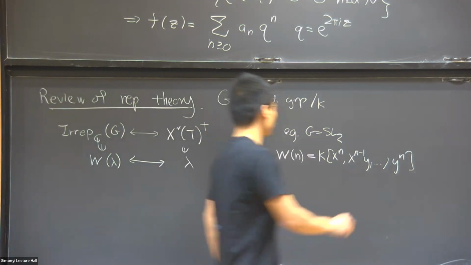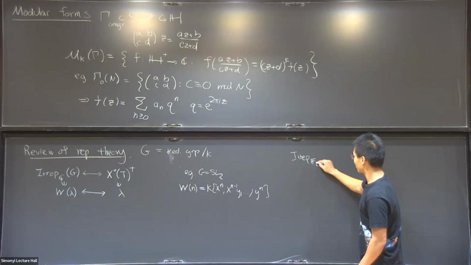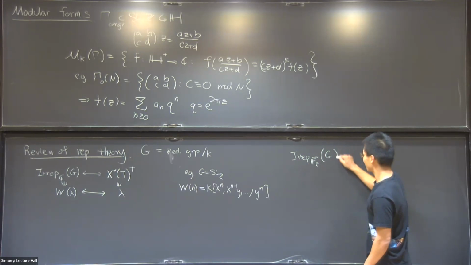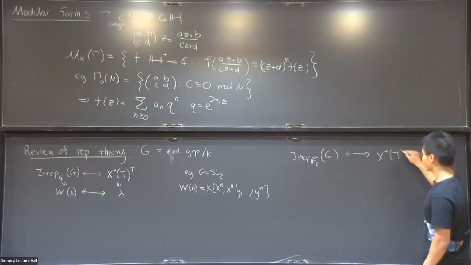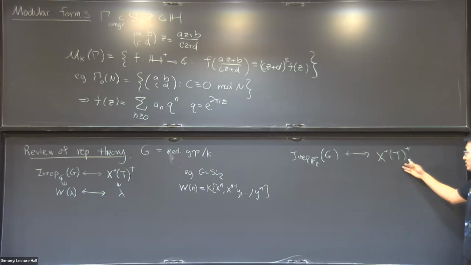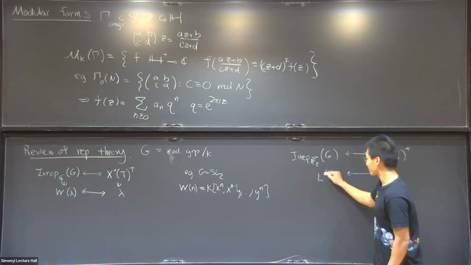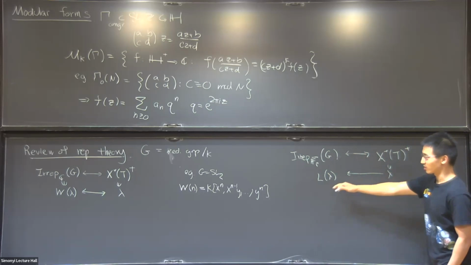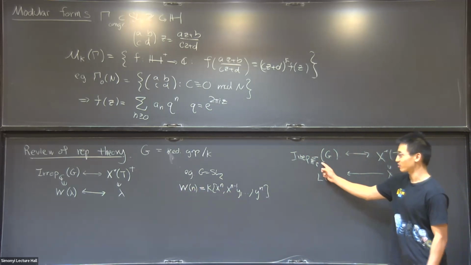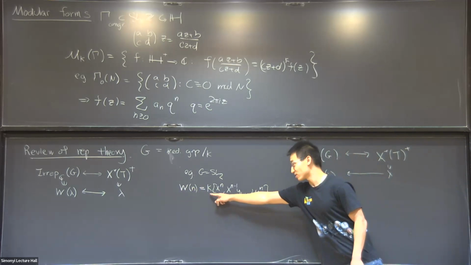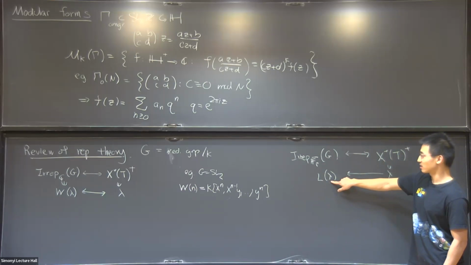Now, in characteristic p, the picture looks somewhat different. So let me spell that out. If I were to take representations of G over F_p, then the irreducible ones would be in bijection, actually, with the exact same thing, the dominant highest weights, and a particular one goes to something which I'm going to give a different name. I'm going to call it L(lambda), just to emphasize that I think of it as a different thing than this W(lambda). So this Weyl module is actually a construction which I could make in any characteristic. It makes perfect sense to put in something of characteristic 0 or characteristic p here. But in characteristic p, it won't be the same as this L(lambda) here.